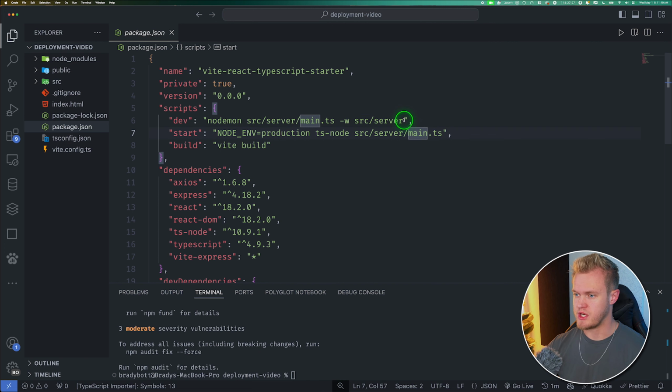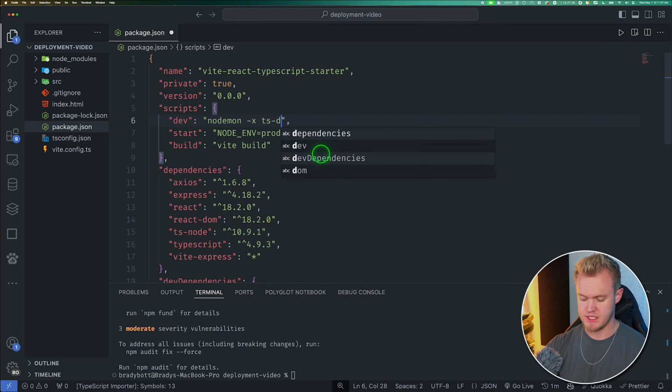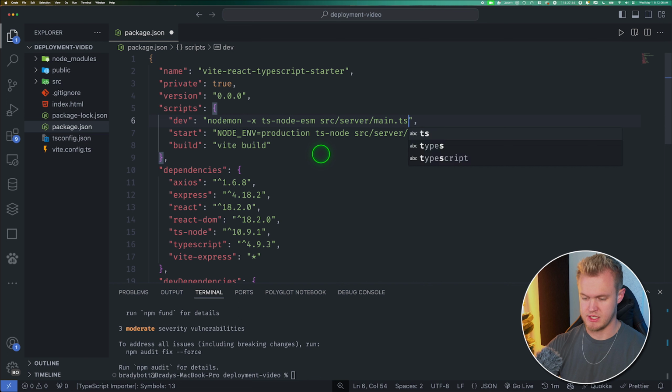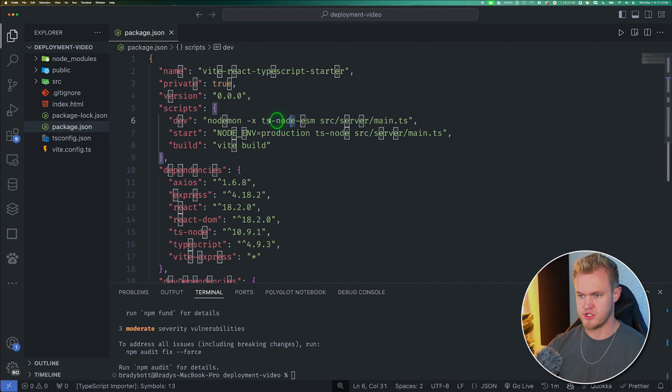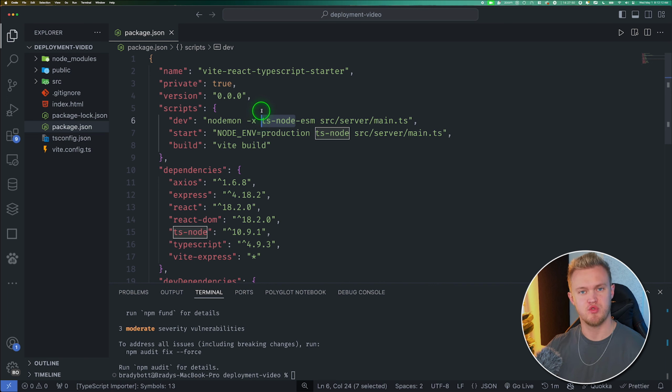We are going to alter it to be nodemon -x ts-node-esm source/server/main.ts. So ts-node is going to be the package that we use to run everything locally,